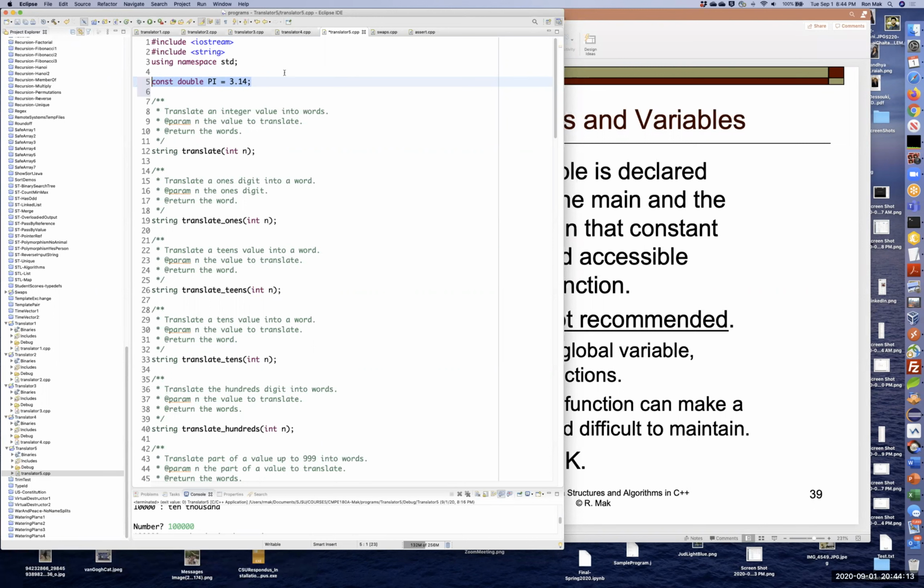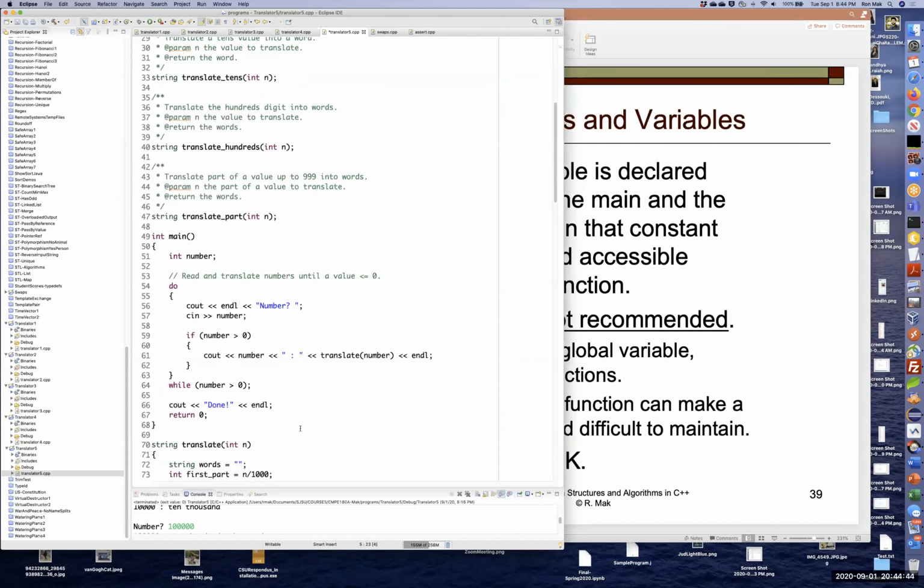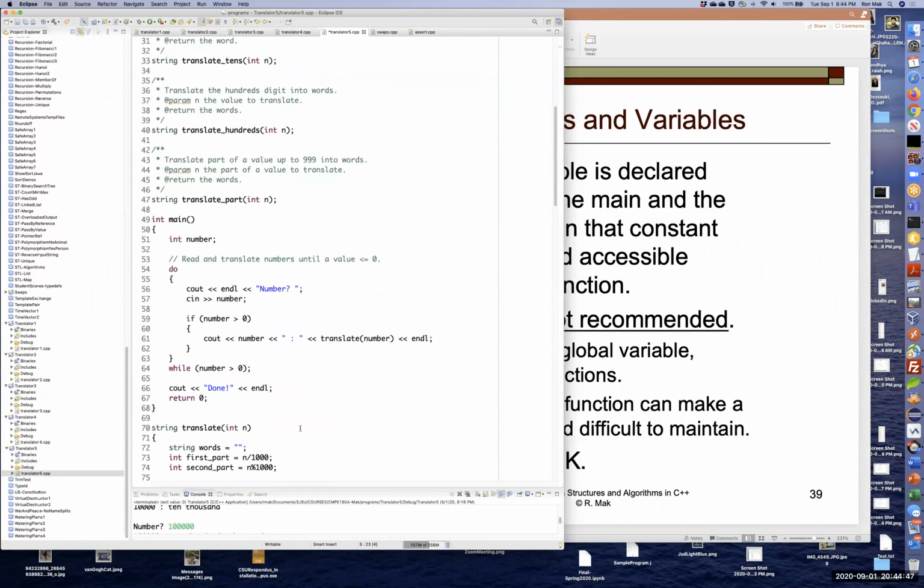A coding convention is that the names of constants should be in all caps. Okay, so that's why I wrote PI with all capital letters. Now, why would you use a constant like this? Okay, let's say that we have a program and we're using 3.14 as an estimate of pi. Okay, and throughout the program, we have 3.14 sprinkled throughout the program. Now later on, you decide that, oh, we really need a more accurate estimate of pi. So you change the 3.14 to